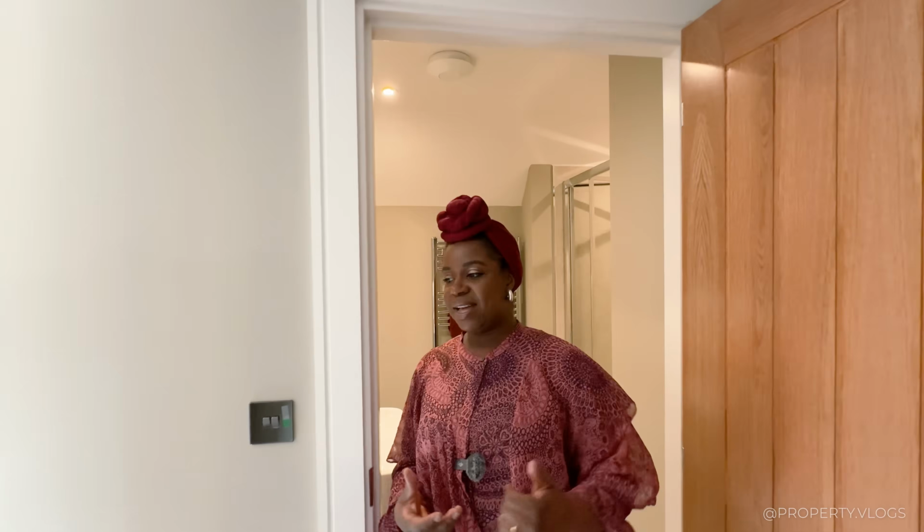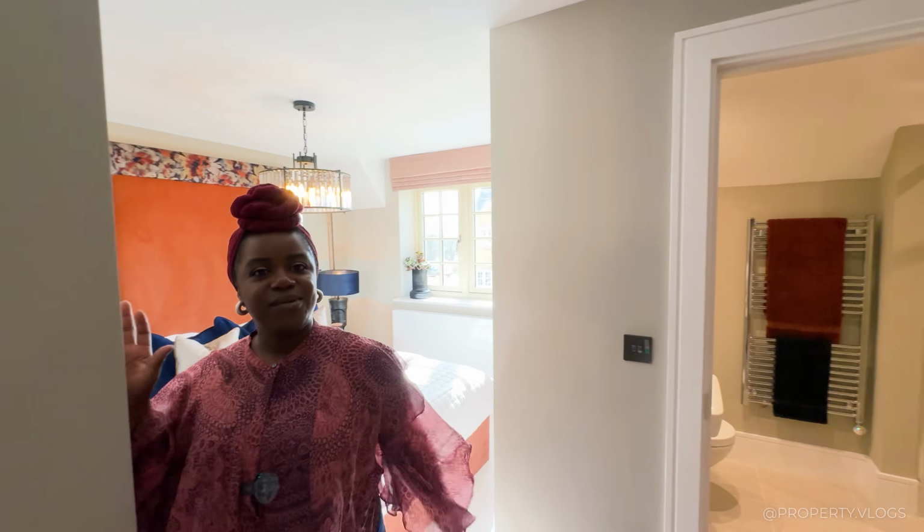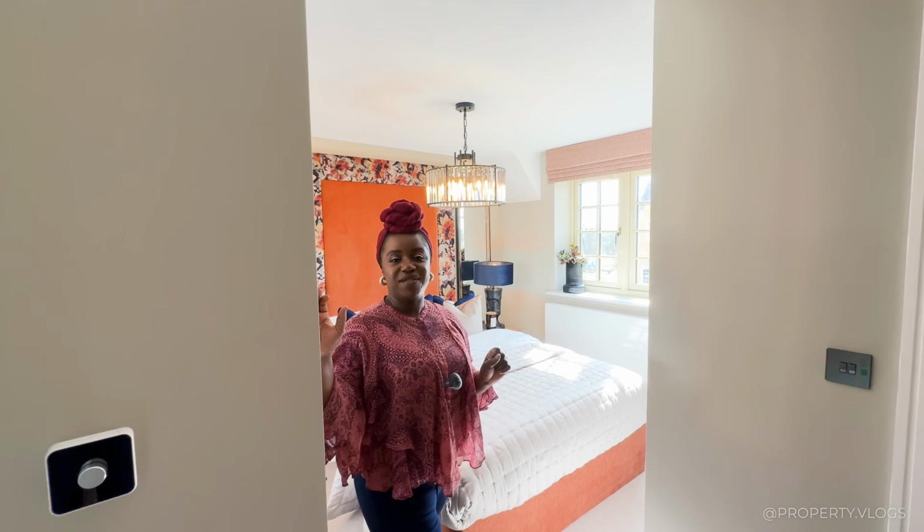So coming back into the primary bedroom, I want to know which one of the rooms was your favorite,